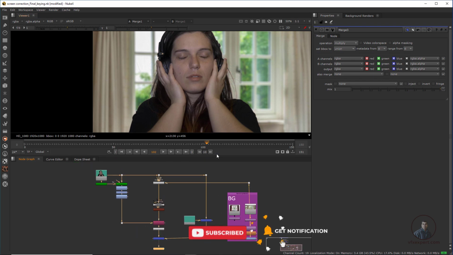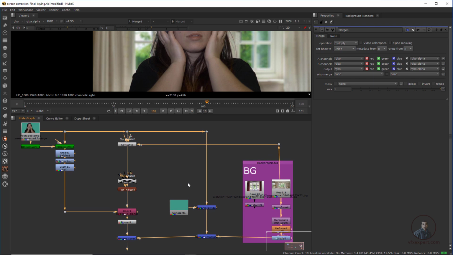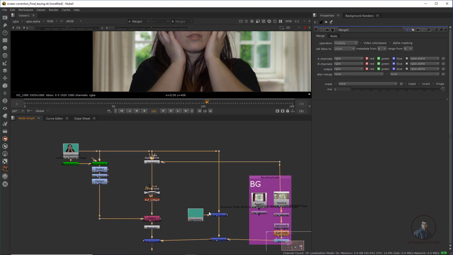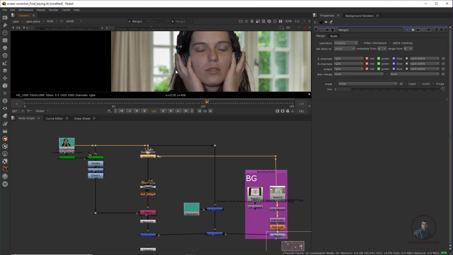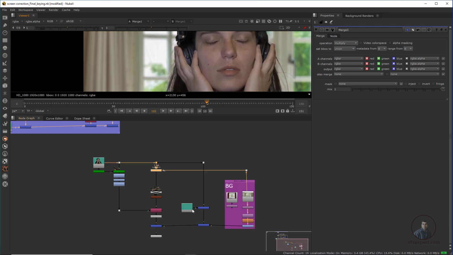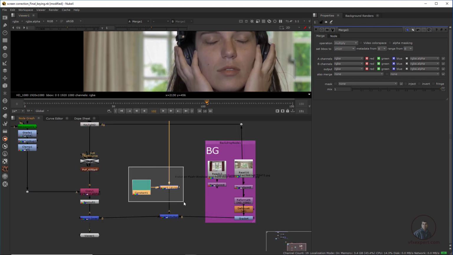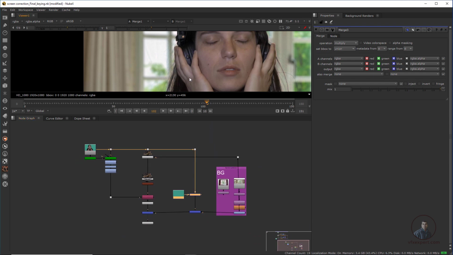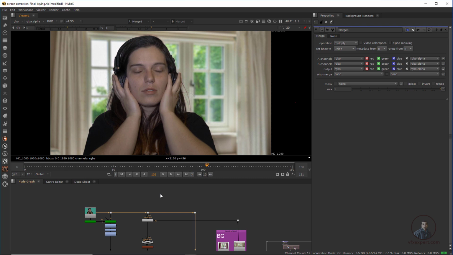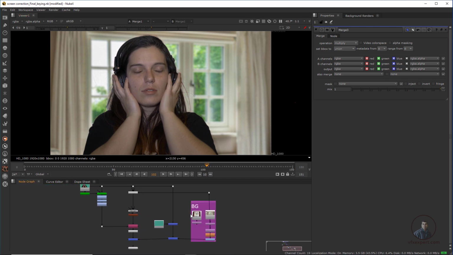So this is our final flow, if you see here. This part is for creating our matte, this part for spill suppression, this for blending our edges with our footage, and this part for restoring our details. Now if you want to check, press H. Now play and check our final video here.